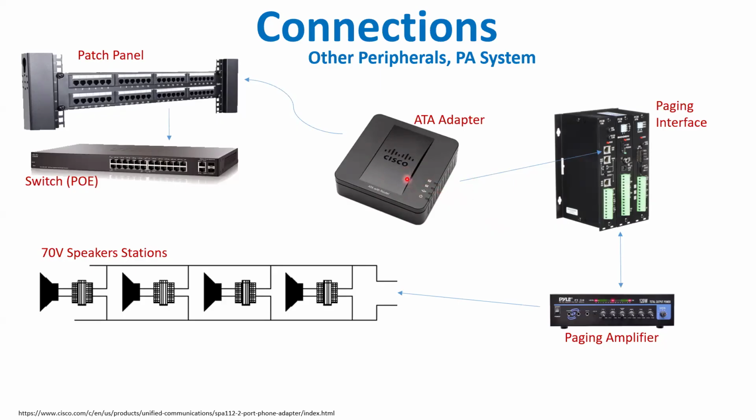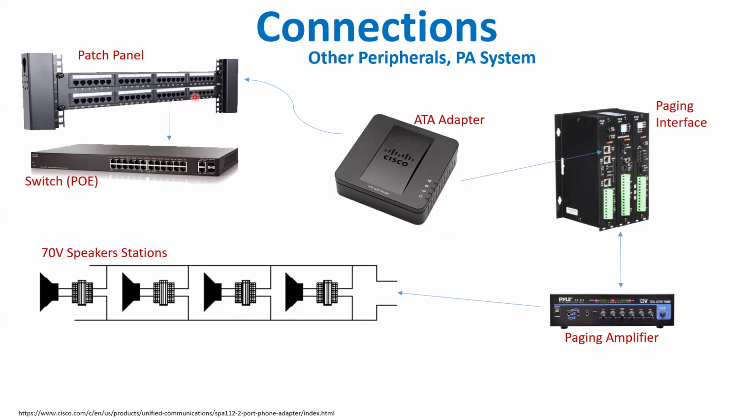You can dial extension. Only thing is that you're not going to be able to press a button for some features like paging or others, some like conferencing or something like that. You just have to enter a sequence of numbers to trigger some of the features. But usually those phones are not used for that purpose. Or you can take the output, the POTS line, and connect it to the POTS input of the paging interface, and you're interfaced. You're connected to the PA system.